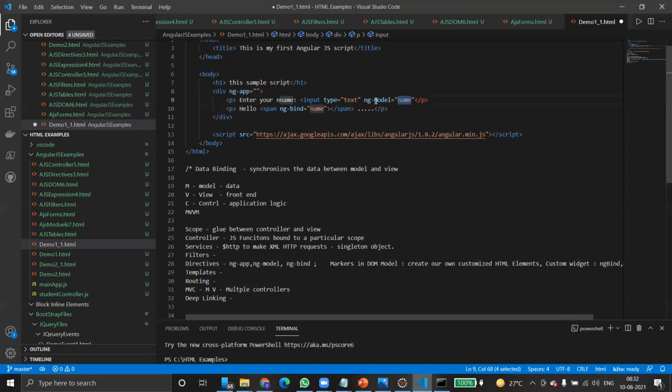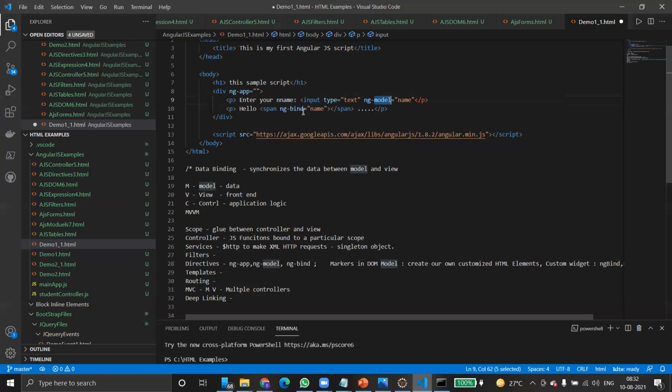A directive is nothing but a package. Don't think it's rocket science. ng-model is nothing but a package that has a lot of classes, and we are using it directly here. ng is a package, and inside the package we have a class called model. ng-model binds the values of AngularJS application data to HTML input controls. So this is the input control, and we are just binding the data of AngularJS to the input control.